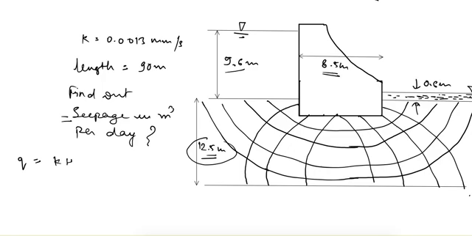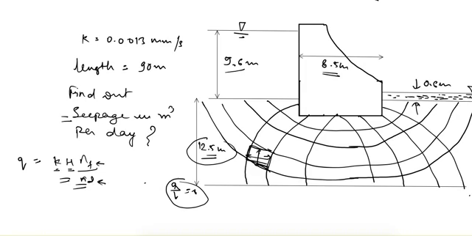because we know that the seepage formula is K H NF upon ND, and we know that this formula is derived using a single flow field. So we have used the single flow field, and the dimension of this is an elementary square, so the A by B ratio becomes equal to 1. So other dimensions we don't need here. So this formula is simple. This is the total head because of which flow is taking place. This is the coefficient of permeability. This is number of flow channels and number of potential drops. That's all we need to find out.